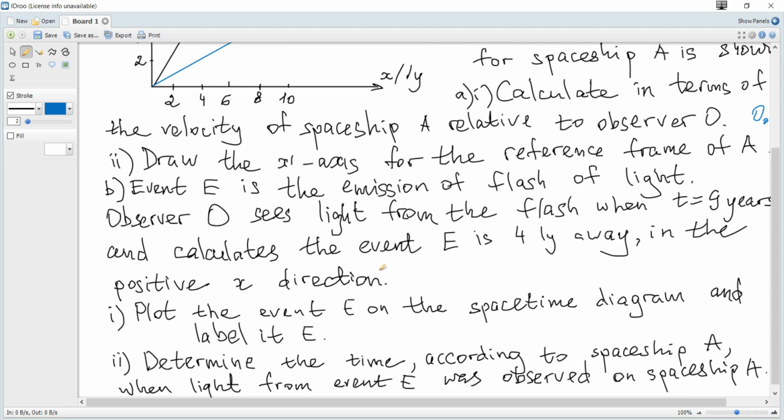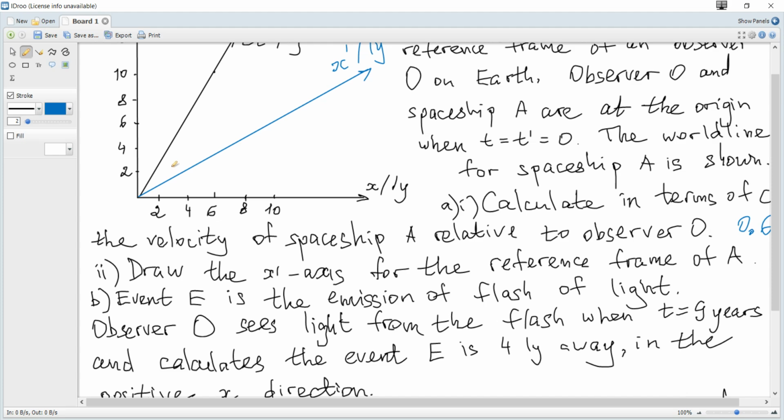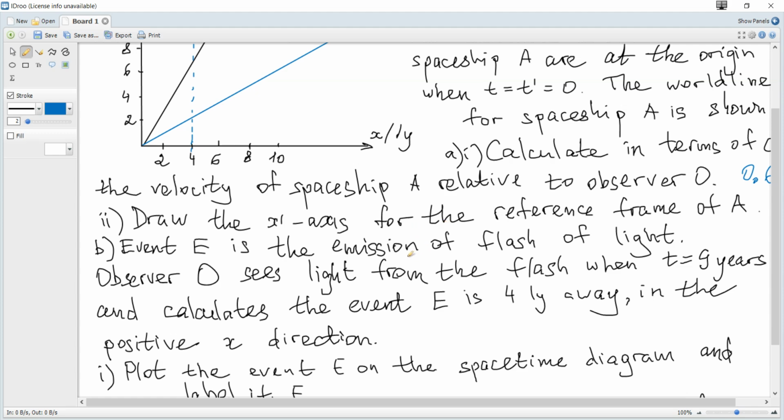Plot the event E on the space-time diagram and label it E. So it's event E, the emission, and it is emitted where x is 4, somewhere here, so that it is observed by observer O, who is not in a moving reference frame relative to the Earth, at t is 9